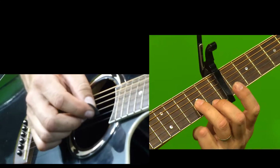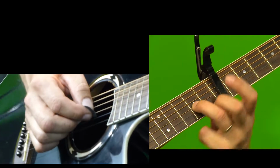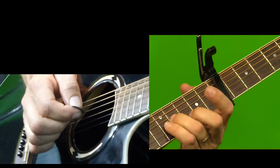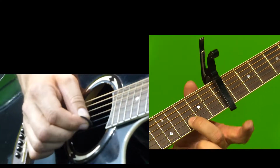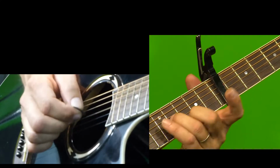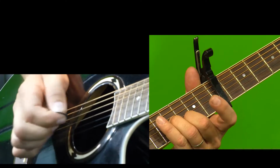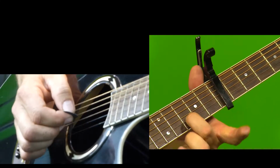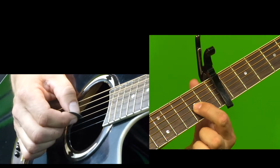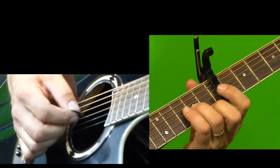So what I'm doing here is I'm sliding my second finger up from the capo on the third string, my ring finger to the 1, 2, 3, 4th fret up from the capo, and then this finger is going to go on the second string on the 3rd fret up, and this one rings open, the high E string. And then I take the ring finger off, but I keep my middle finger there, and I put this one right here. Okay, 2 frets down, and so those two parts are...